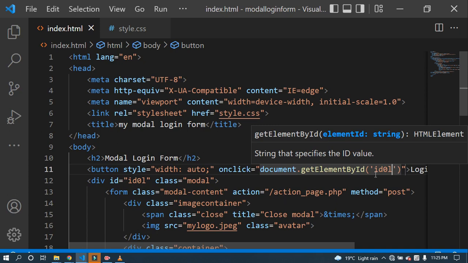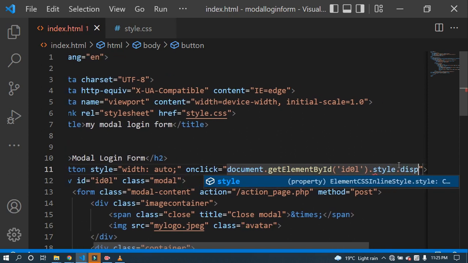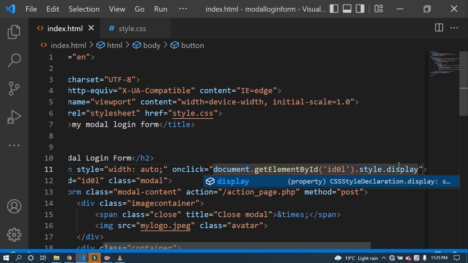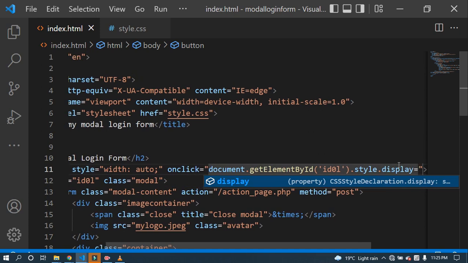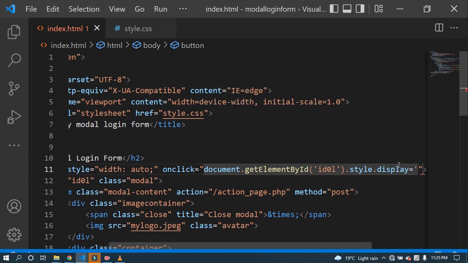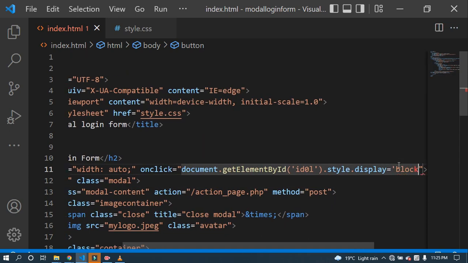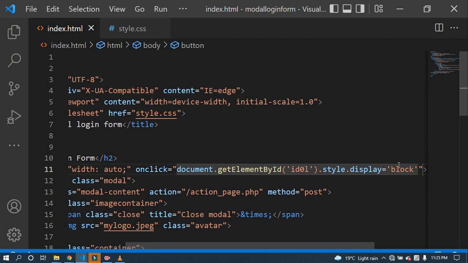Get the idle. Then you'll style it and say that style.display should display block. Good. So at that point, see now,